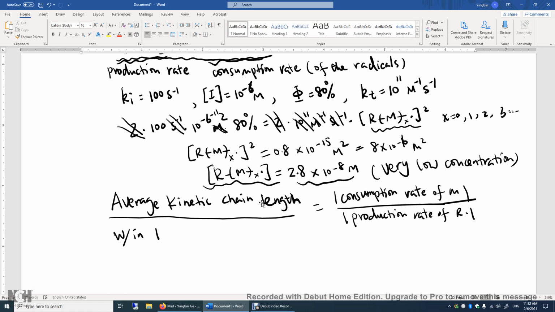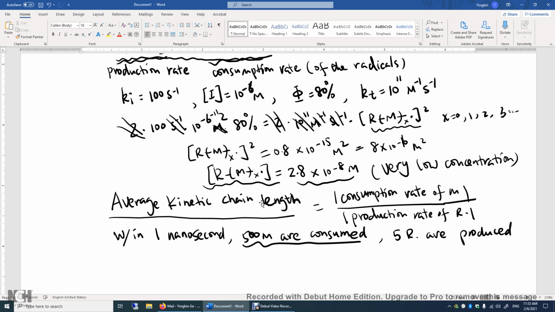All right, so I'm going to just give you a simple example here. Within 1 nanosecond, it's just a random number. Let's say 500 M are consumed. How are they consumed? Well, they are just added to the radical chain. 5 R are produced. And then the average kinetic chain length is just 500 over 5 equals 100. Okay? So this is the average